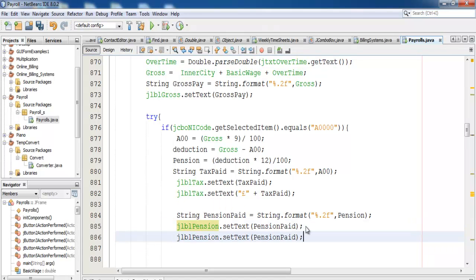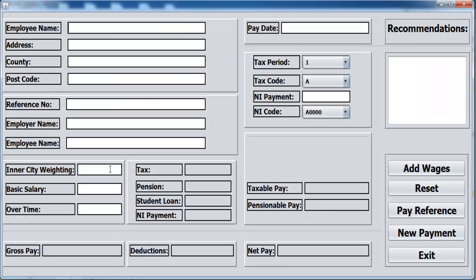Paste it underneath there, pound sign plus, there. So let's save, compile, and run. Let's check this out. Okay, now this inner city within and the wages and overtime, add wages. As you guys can see, gross pay, the tax paid so far,